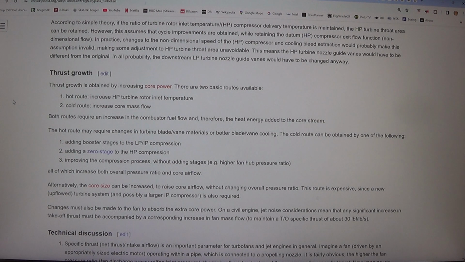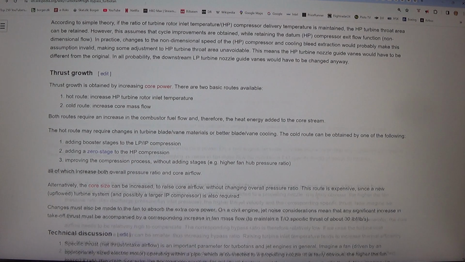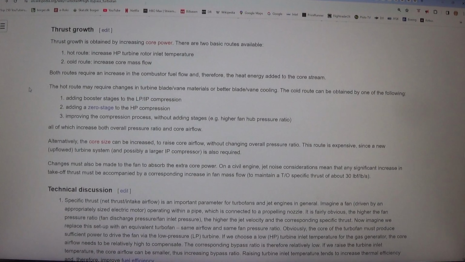Thrust growth. Thrust growth is obtained by increasing core power. There are two basic routes available. 1, hot route, increase HP turbine rotor inlet temperature. 2, cold route, increase core mass flow. Both routes require an increase in the combustor fuel flow and, therefore, the heat energy added to the core stream. The hot route may require changes in turbine blade/vane materials for better blade/vane cooling. The cold route can be obtained by one of the following. 1. Adding booster stages to the LP